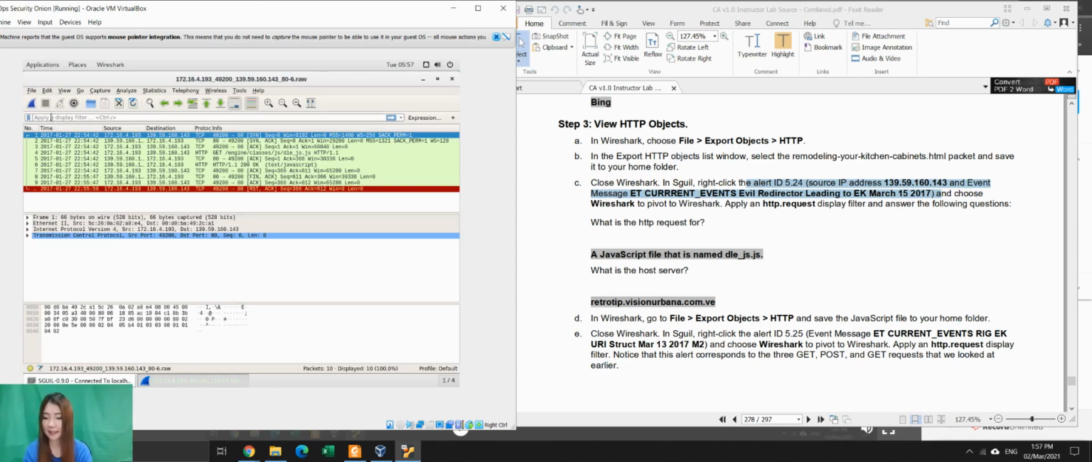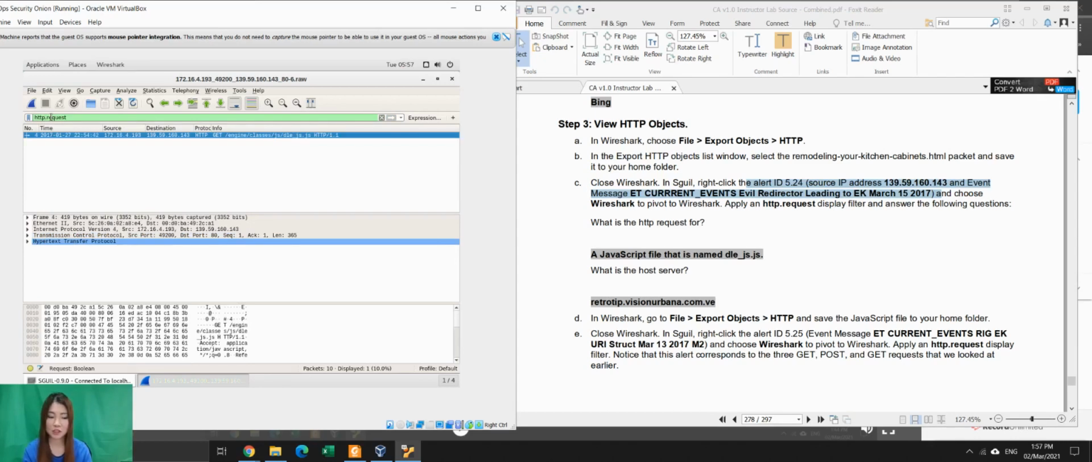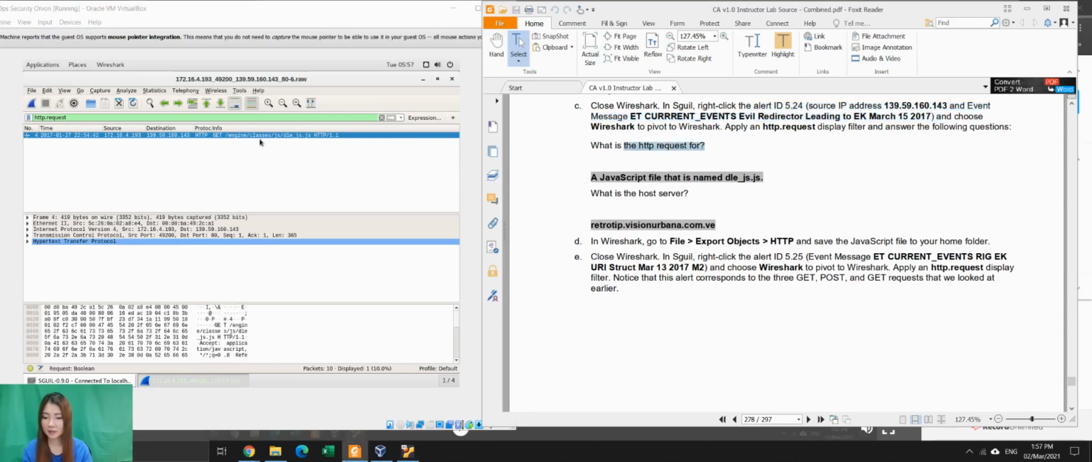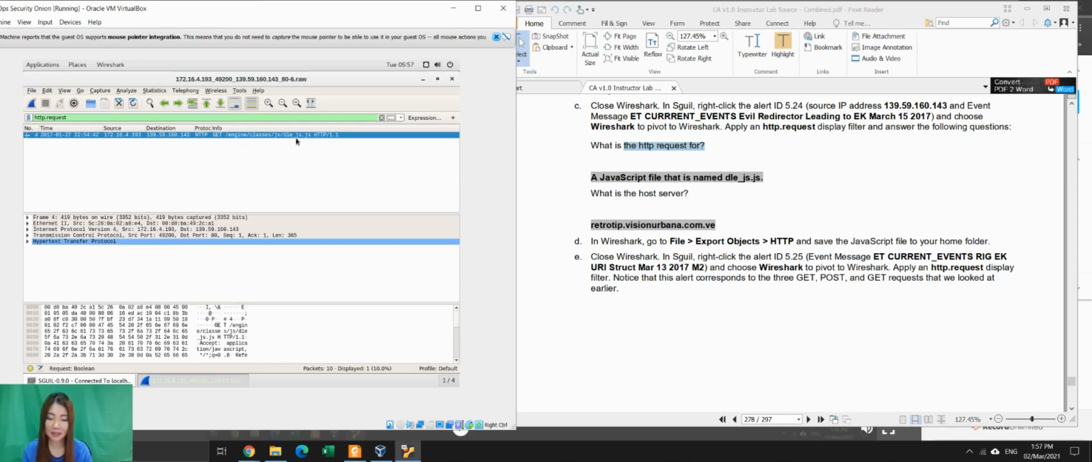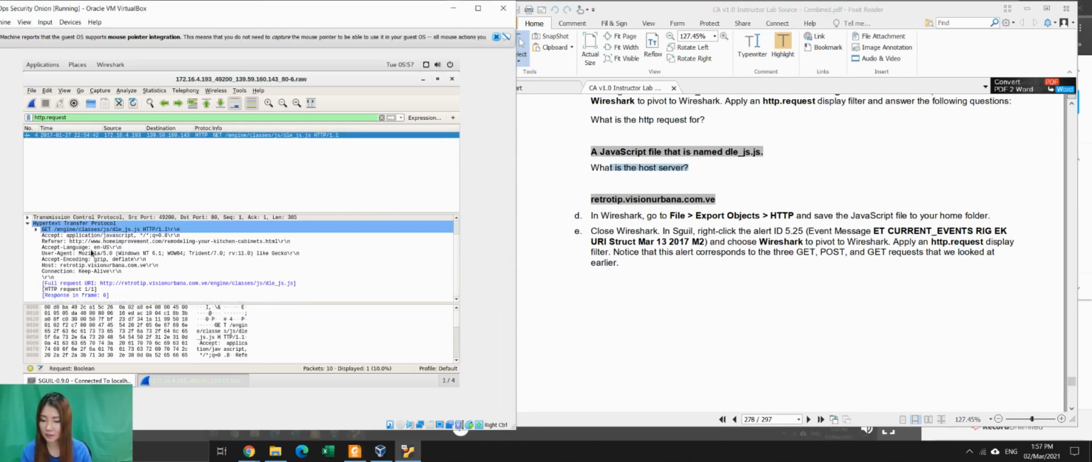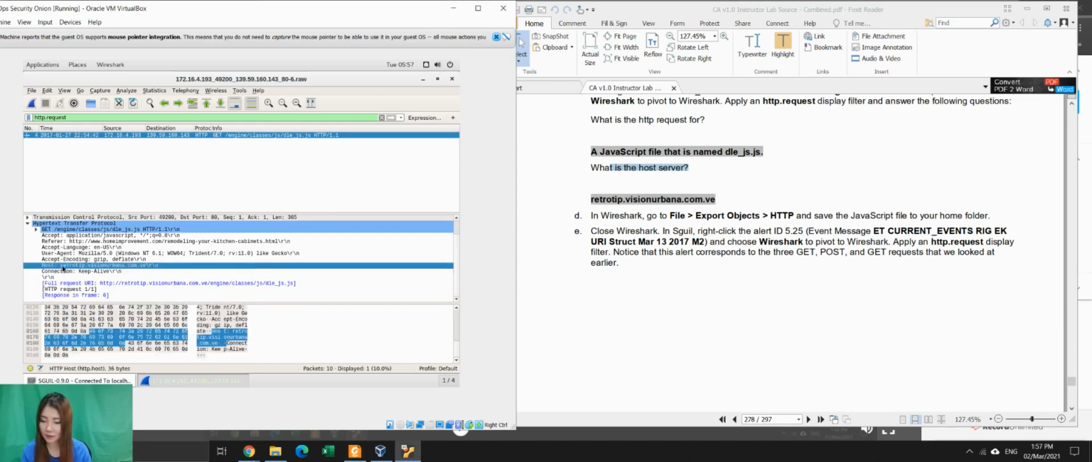What you need to do is type http.request, because we just want to know the HTTP requests for this page. So what is the HTTP request for? It's very obvious that this HTTP request is requesting to get a JavaScript file, which is DLE_JS.js. So what is the host server? If you expand the HTTP here and click, you will see your host server. Your host is